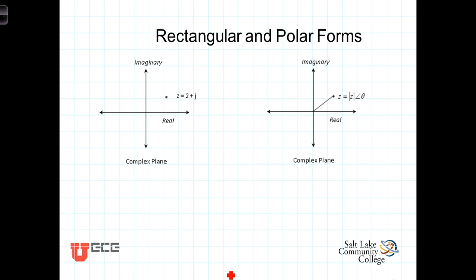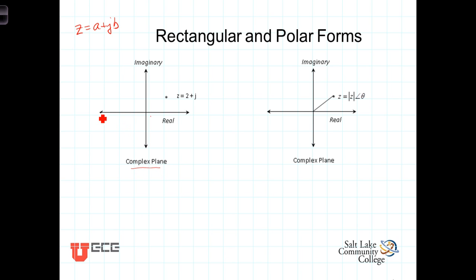So complex numbers consist of two parts, a real part and an imaginary part, and we typically write them as z, a complex number, is equal to a plus jb. Because there's two parts, it requires a complete plane to represent them graphically. A real number we can show on the real number line, an imaginary number we can show along an imaginary number line, but when we've got both a real and an imaginary part, we form what is known as the